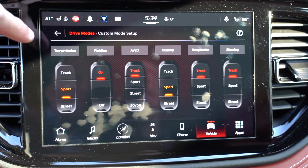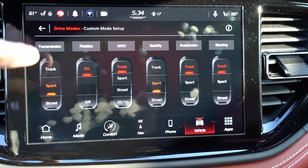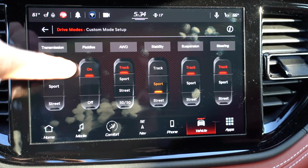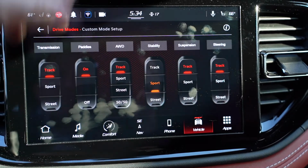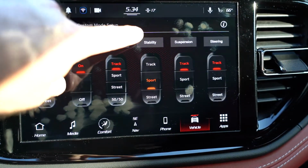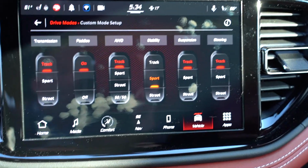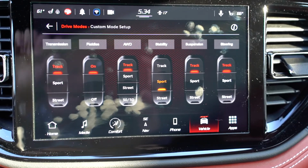Now, when you get to the custom setup mode, really it couldn't be any easier. Pretty much with the transmission, you select what you prefer. You'll be in track. You've got the paddle shifters on and off, all-wheel drive. Which one do you want to do? 50/50, street, sport, so on. Stability, you've got the ability to set that up. So at the push of a button, you just simply hit the custom mode, and it is designed for the